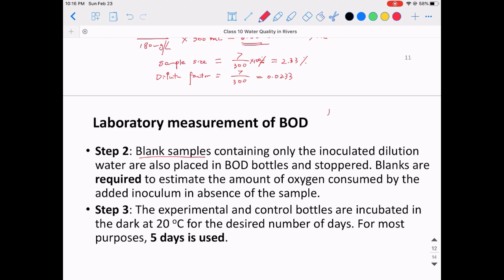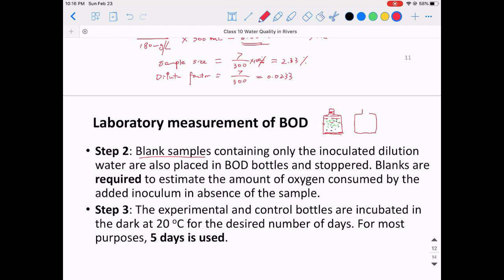So the second step is to set up a blank sample. Basically, the first bottle we have is the wastewater, and also with the microorganisms, right? For example, we also have to properly seal this bottle here, right? I'd say there are some microorganisms. Let's use green to represent that. So let's say the green dots are the organic materials or the oxygen demanding materials, and the black dots are these